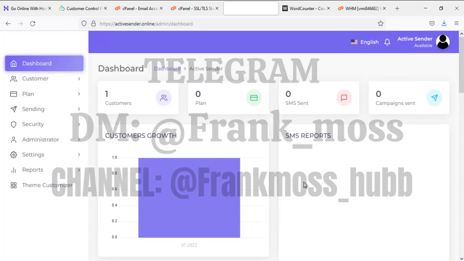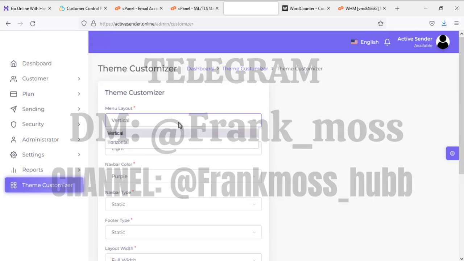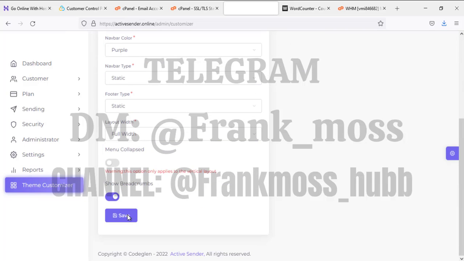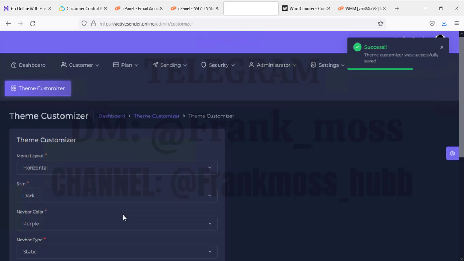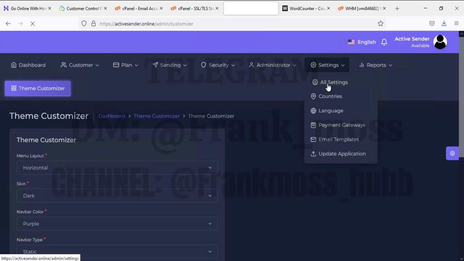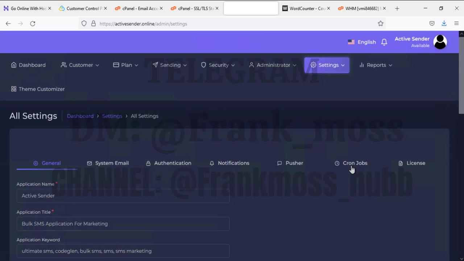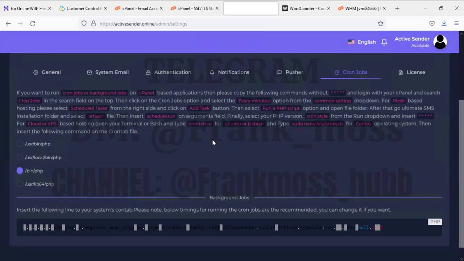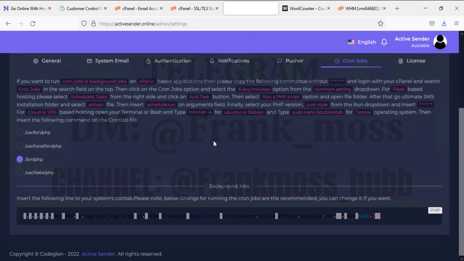Congratulations! You now have your own bulk SMS sender, but we're not done yet. We need to do a few more settings. Click on Settings, All Settings, select cron jobs, now copy these text,